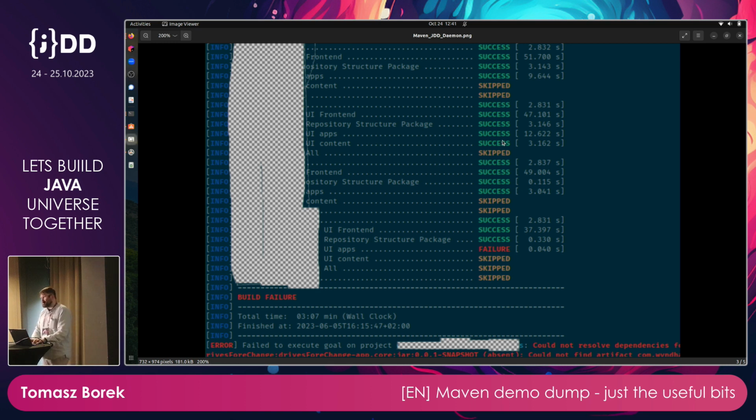Now, the cache is, of course, pretty much tied to your Java version. So if you have multiple Maven projects and some use Java 11, others use Java 8, others use Java 17, then you will have to support different daemons. And for that, you sometimes need resources on your machines. Nevertheless,